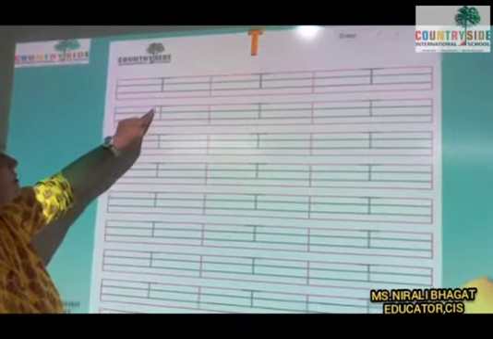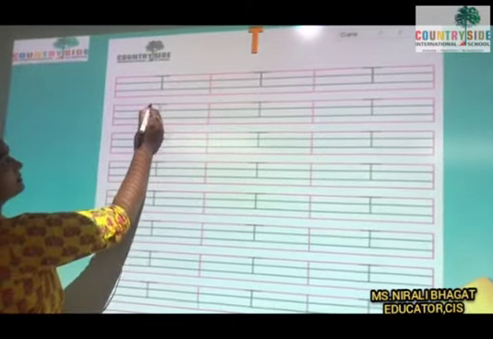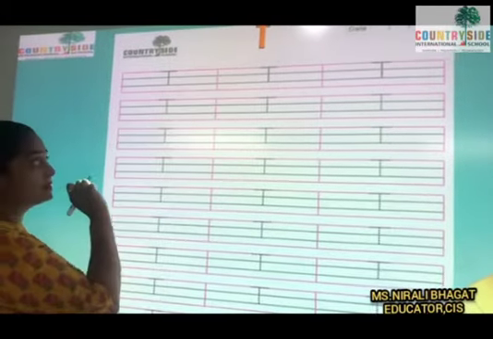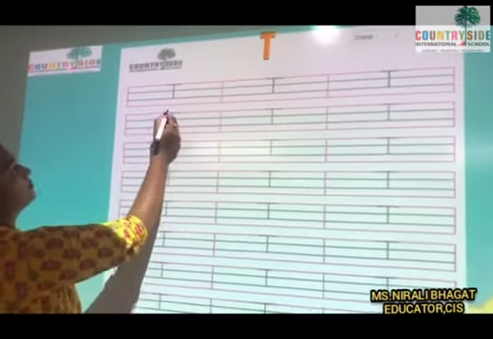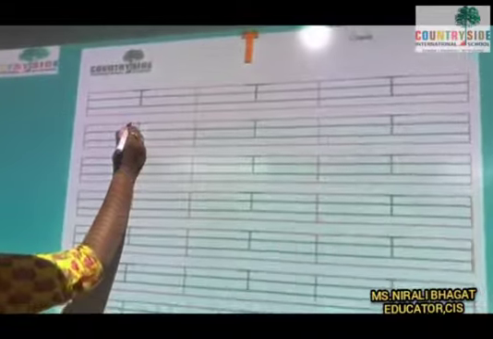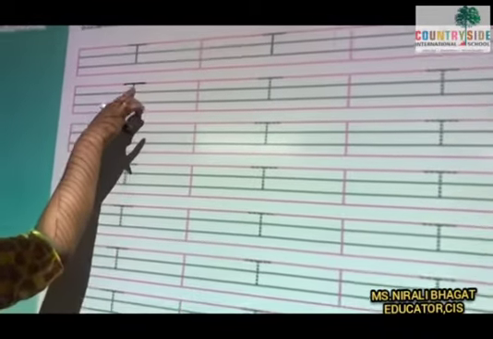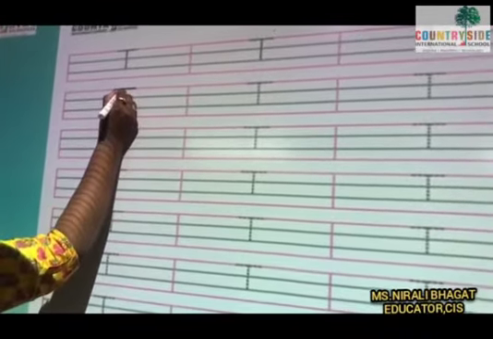So we will start from the red line, and we will start from here first. Children, first is sleeping line. So we will start from here. First of all, sleeping line pattern, and then from your center you will draw one standing line.